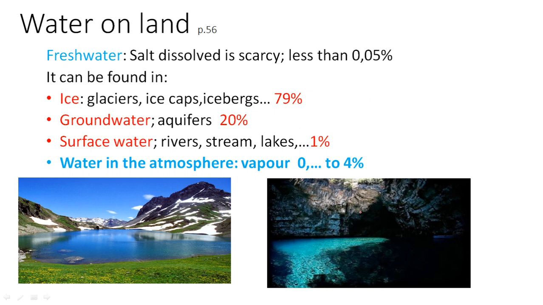The water on the continents is usually fresh water. And the thing with fresh water is that it has salt, but the amount of salt is lower. We can find fresh water as ice in glaciers, at the poles. As groundwater,